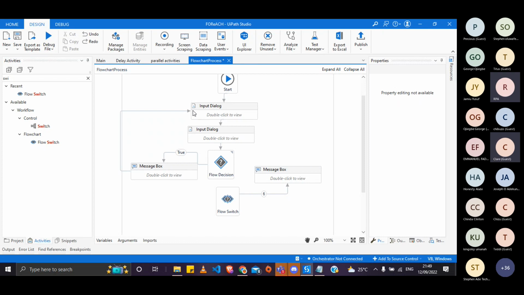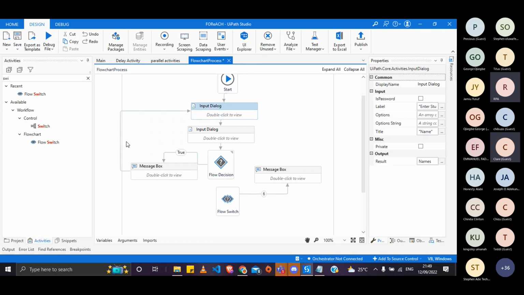So as you can see now, from this point, it goes down straight, then goes again. Okay, then it goes down, then goes again. Now this is the basic implementation of a loop in